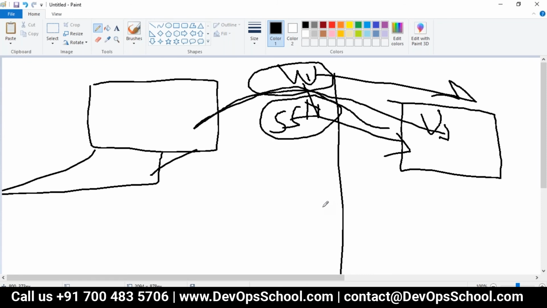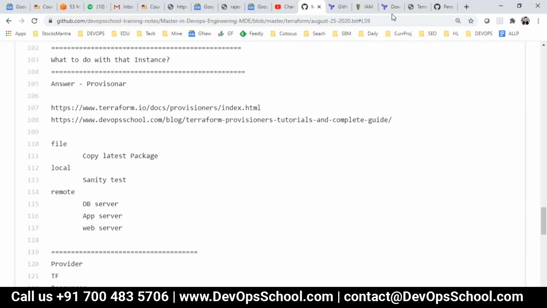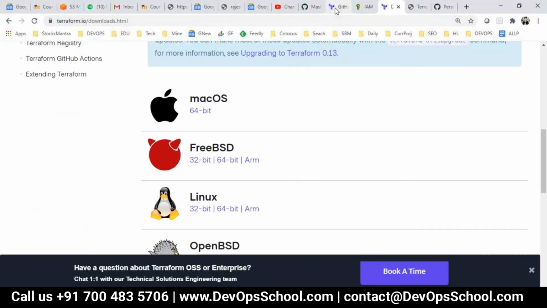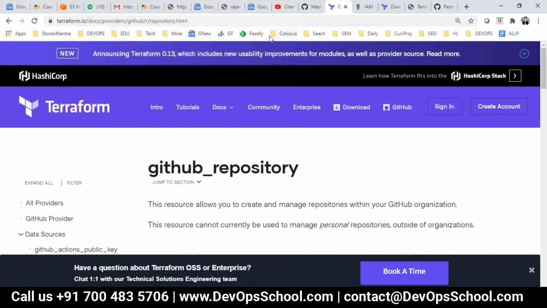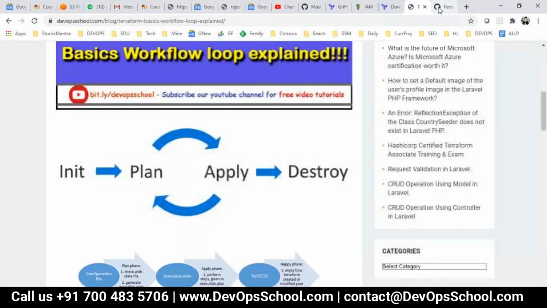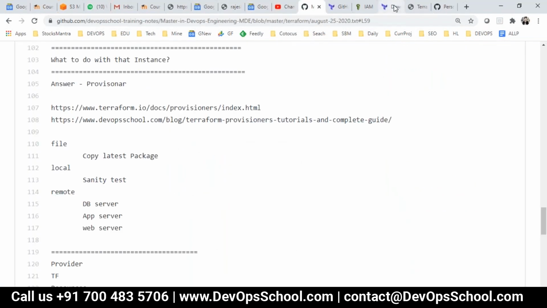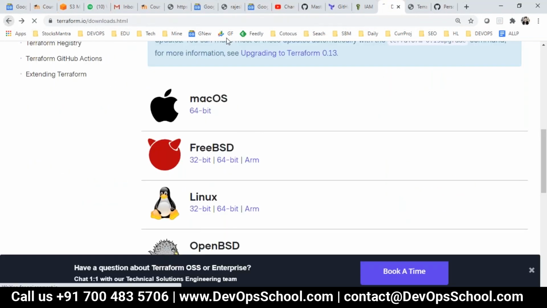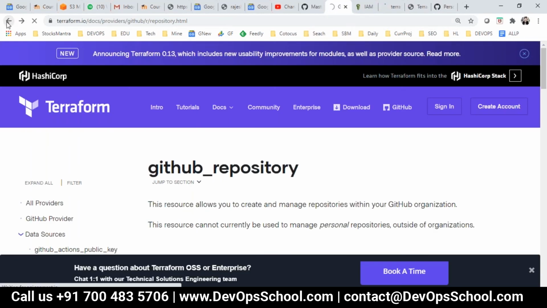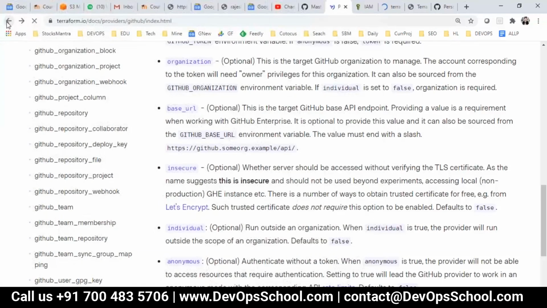Because you want to automate the entire thing, you don't want to do manual stuff. And that is where the provisioner will come. Okay, look at this here. That is where the provisioner will come. So go back to the documents here. Go back a little bit.